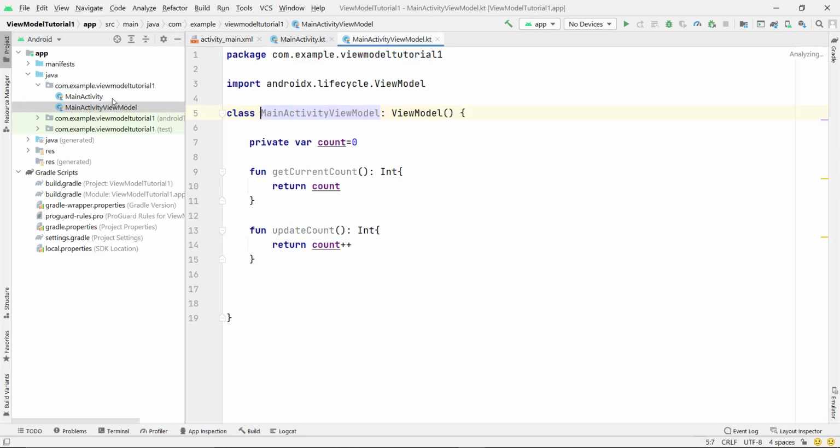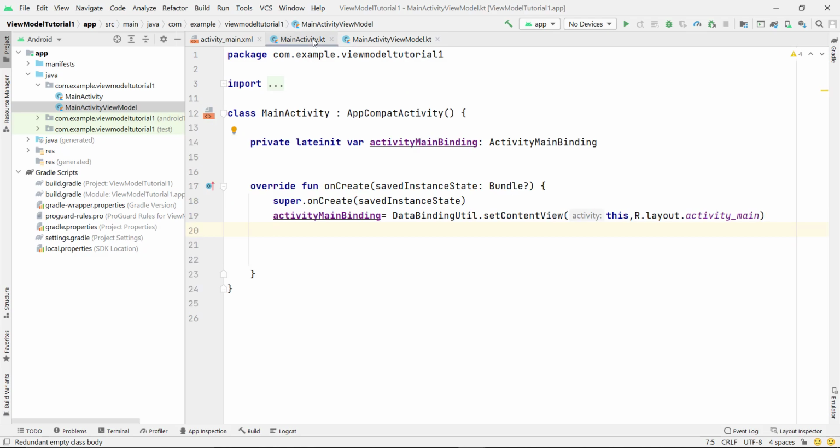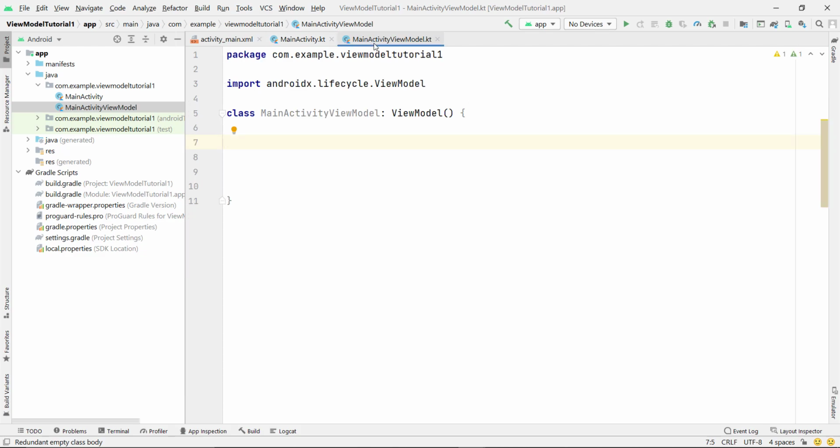First of all, as you see, we already have a main activity View Model which contains the View Model. Delete these functions because we don't need them. Inside the View Model, we have to make some changes first, and then we will create the View Model Factory. You can see we simply write the code for a View Model; we don't write any code to create its object. We can't create the object of a View Model on our own. So for creating the particular object, we need to create a View Model Factory. By using that, we can create the instance of our View Model, and then we can pass anything.